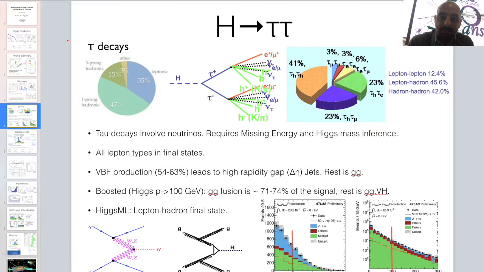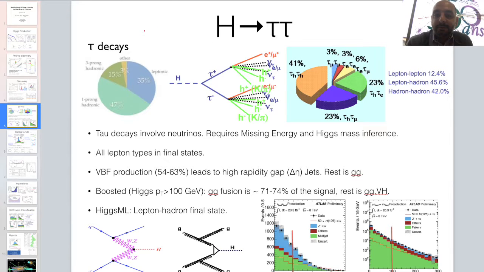Now, in the Higgs to tau event, you have 2 of those taus, and each one can decay in one of these ways. So you have a variety of different final states that you could observe, either with leptons or with hadrons, with the H corresponding to hadrons being either pions or kaons and so on. If you think about what final states you can end up with, about 41% of the time, or maybe 42, that's inconsistent here,